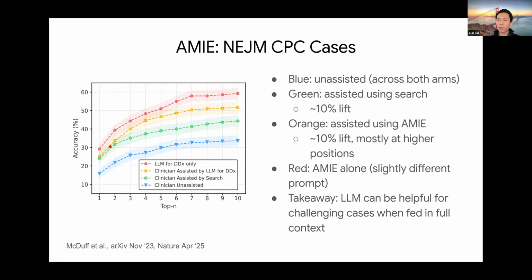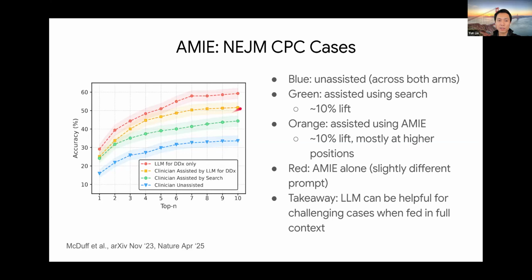The orange line is what happens when they have access to the AI. So this is built off blue to orange and blue to green. And this orange line, you'll see, is similar in the first couple of positions, but then it widens the gap towards the end. So what we're seeing here is that these PCPs in this particular arm are getting some benefit out of the AI assistance, such that they are lengthening the average length of their differentials. And after lengthening it, more of the correct answers are in slightly later positions on average. This is why a lot of the gain is coming more towards the end.